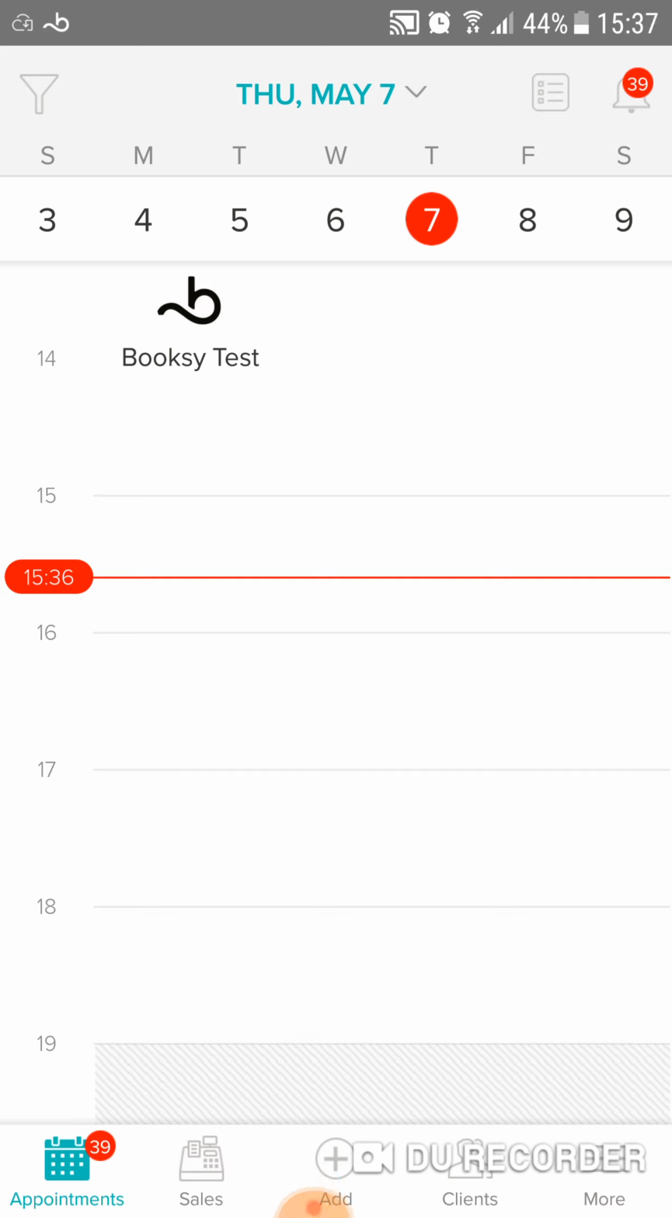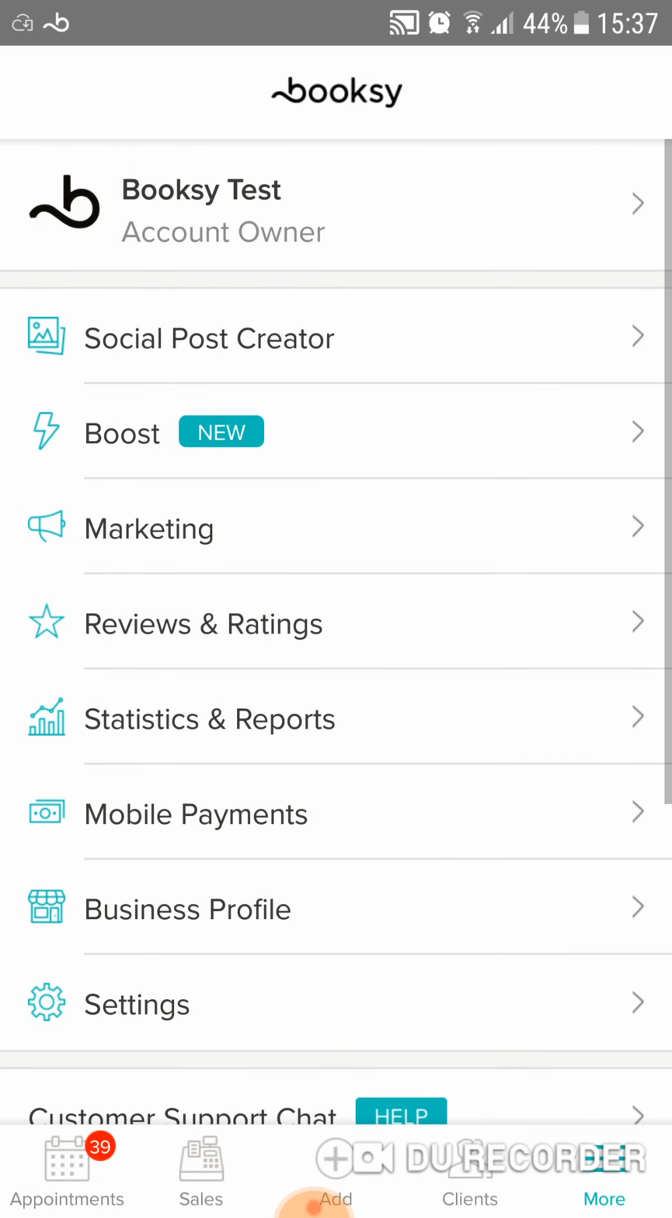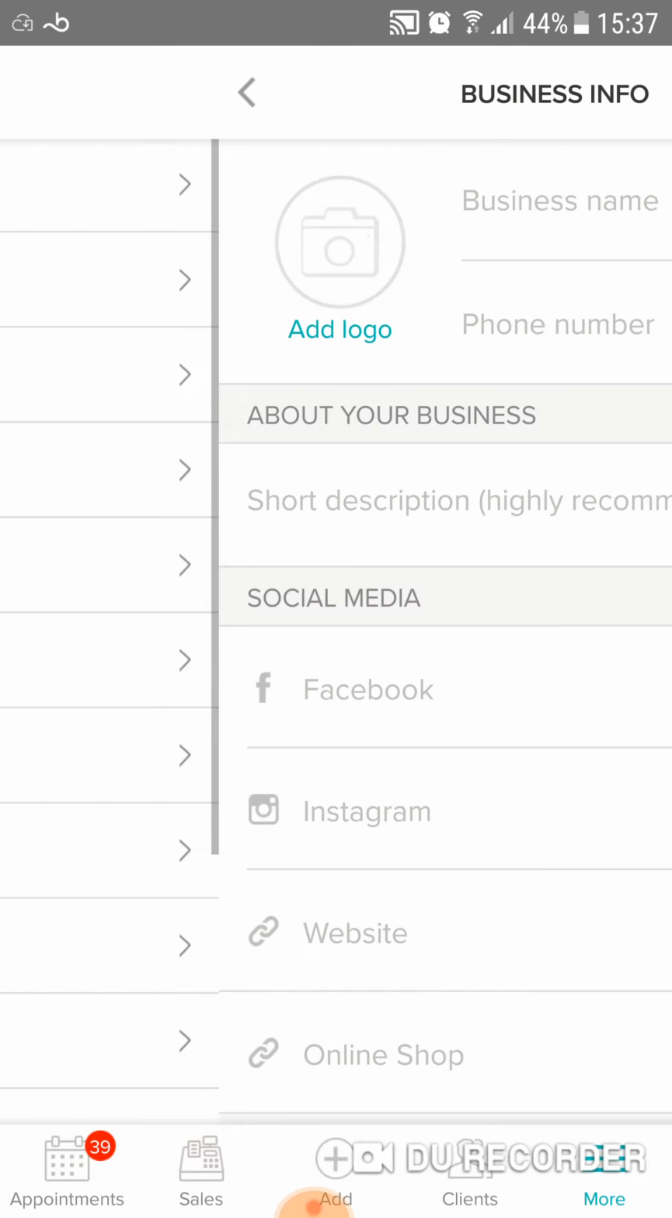Through if it looks like your client side of your Booksy profile isn't appearing in the client app. So what I've done today is I've made this test account so we can demonstrate some troubleshooting steps that you can run through to work out why your Booksy profile isn't showing in the client app. So we've got this Booksy profile called Booksy Testing, but unfortunately, if I go into the client app,